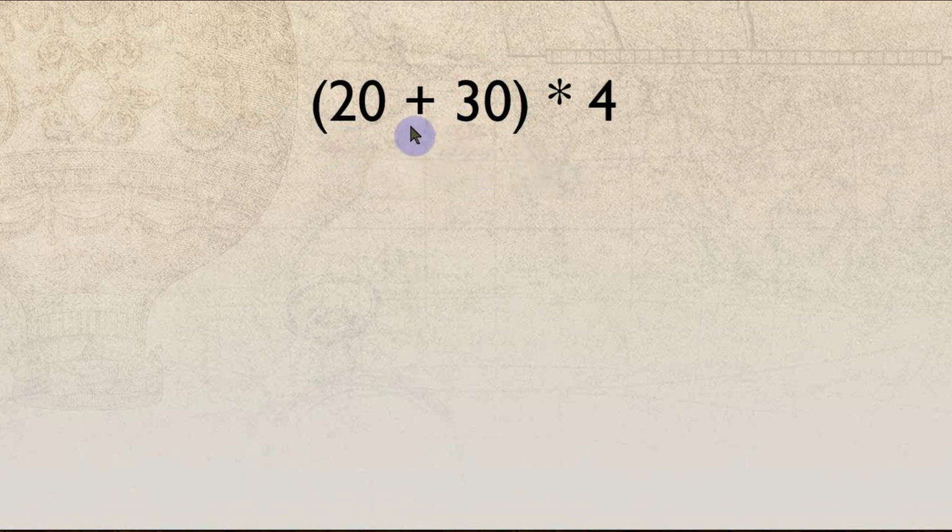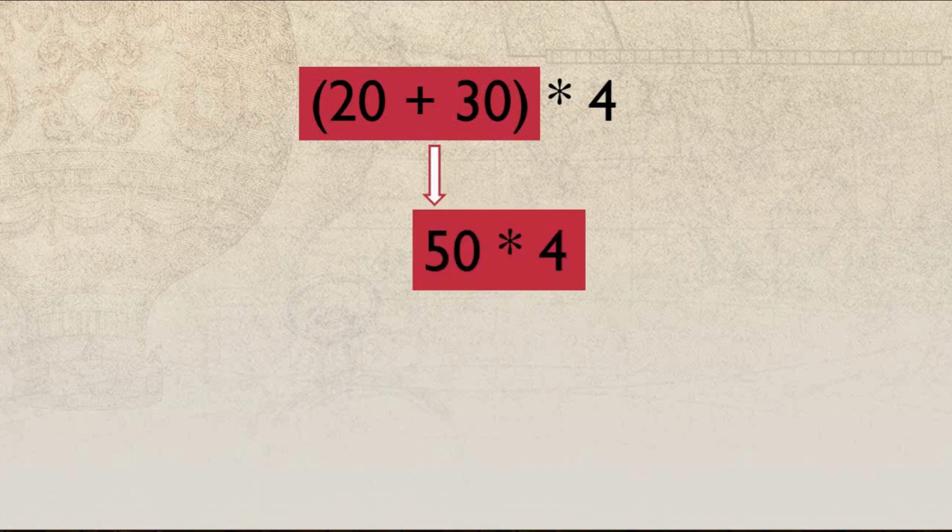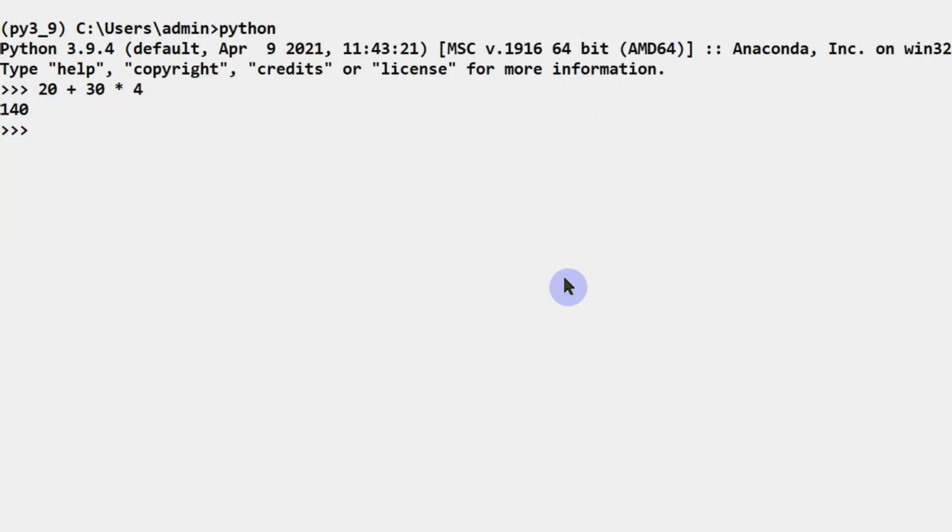The next example. Here we actually have 3 operators. We have a parenthesis, in which we have an expression with addition, and then we have multiplication outside of this parenthesis. Among these 3, parenthesis has the highest precedence, so that will be evaluated first. In that parenthesis we have addition, so that addition will be performed. 20 plus 30 we got 50, then that will be multiplied by 4. Then we will get 200 as the result. Then we will check that expression practically. In parenthesis we have the expression 20 plus 30, then that will be multiplied by 4. If I press enter, we got 200.